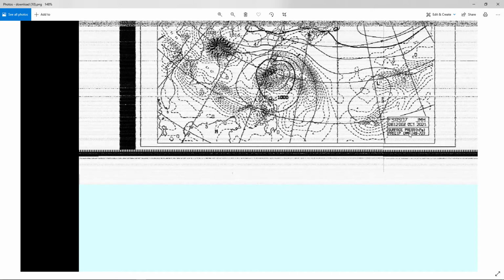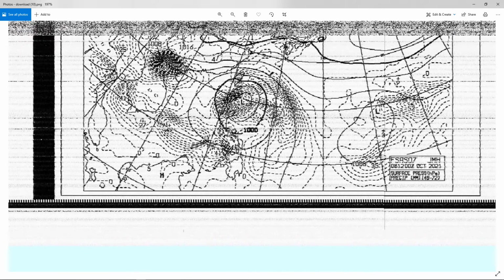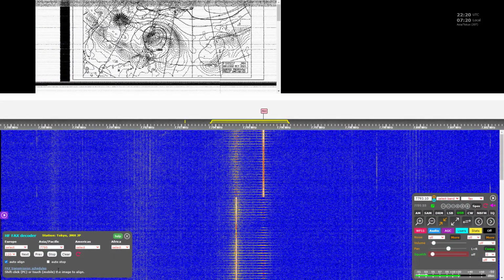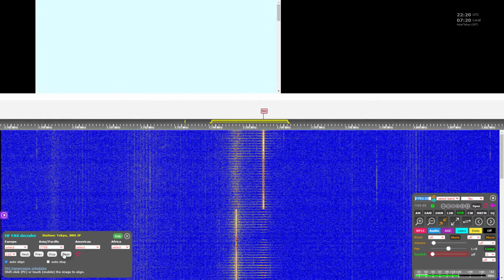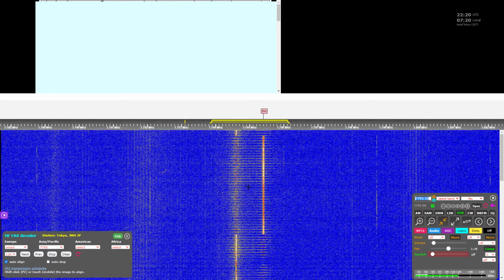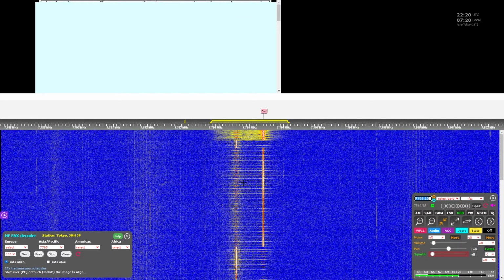So it looks like it has to do with surface pressure of the ocean around Japan. And you know, if you can read this stuff, my hat's off to you. It'll keep you busy, I'm sure, just looking at it and checking it out. So that's what that particular map's about. So I'm going to clear this out, and as you can see, there's already another transmission that started. I'm going to let that run through,